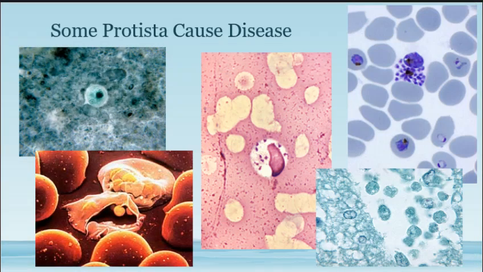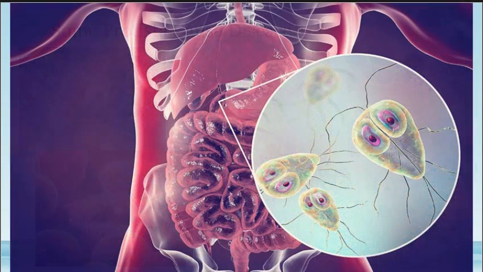Okay, some protista are pathogenic. We have certain diseases right here. One of them is called malaria. Malaria actually invades your blood cells and makes you anemic. This is called Giardia. You may have heard of Giardia. It grows in even freshwater sources like mountain rivers. So if you've ever been camping in the mountains, you come to a river that's beautiful, fresh, clear water. It may have Giardia growing in it.